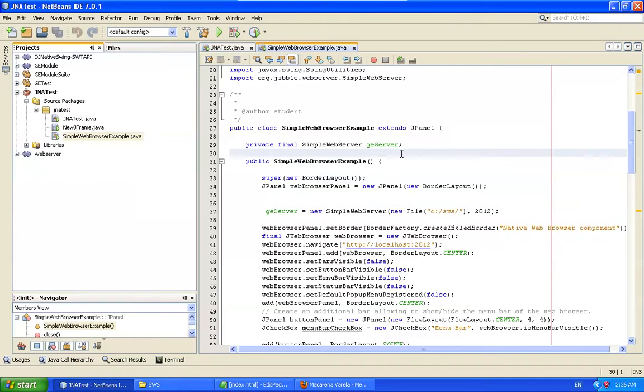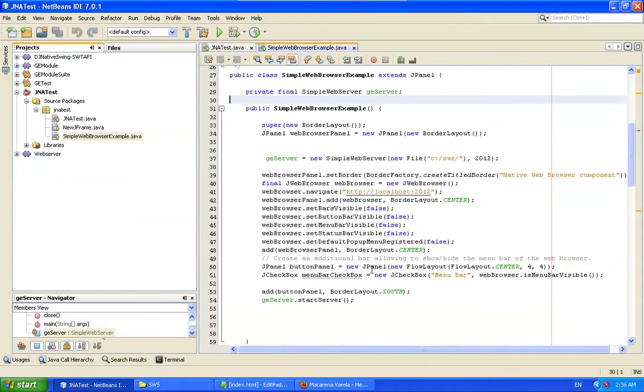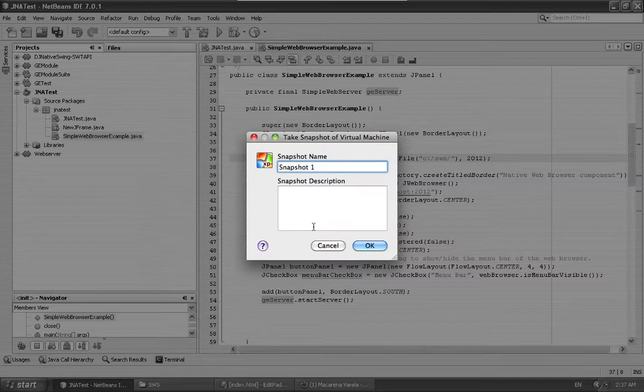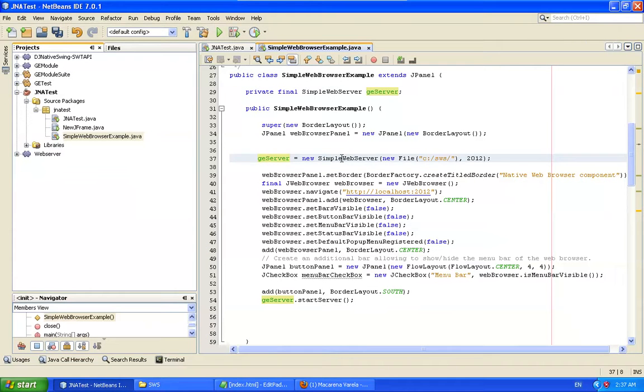As I was saying, working with Google Earth from a web browser is not as simple as I expected. You need to have a web server running to load the KML files. So the simple thing I did is I downloaded a very simple web server. I modified it a little bit, and as you can see, I'm creating an instance